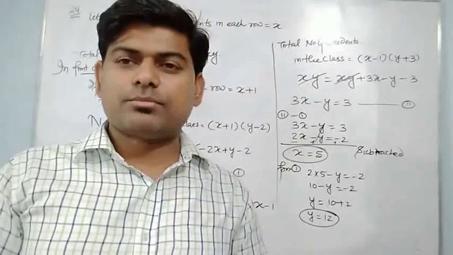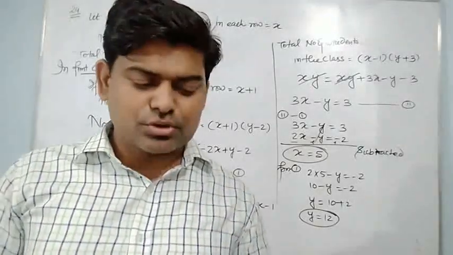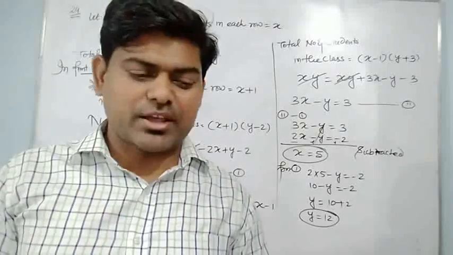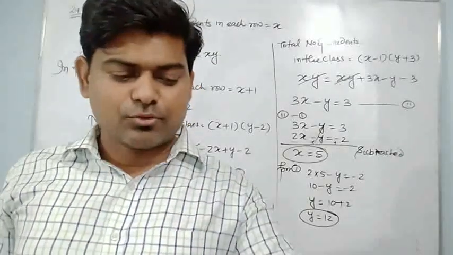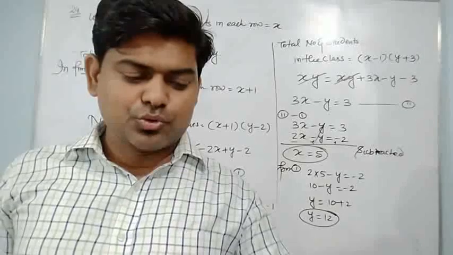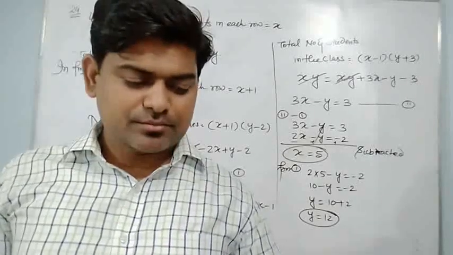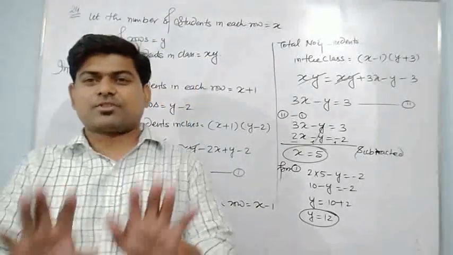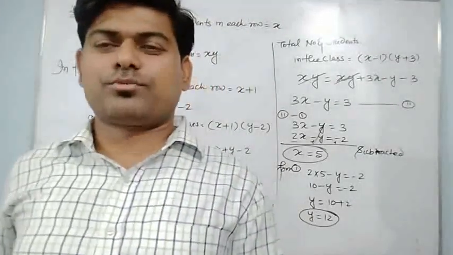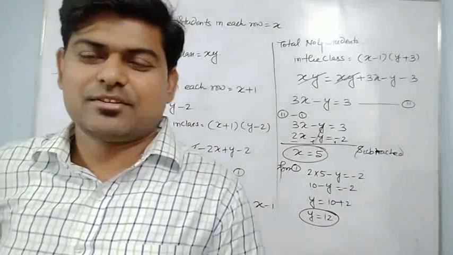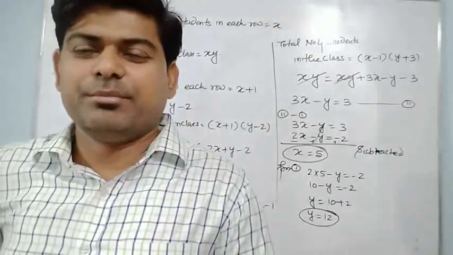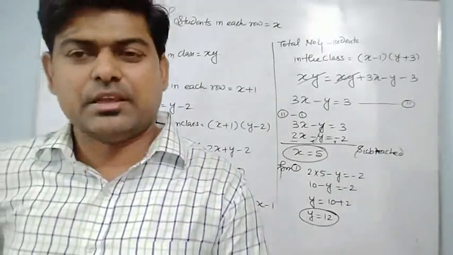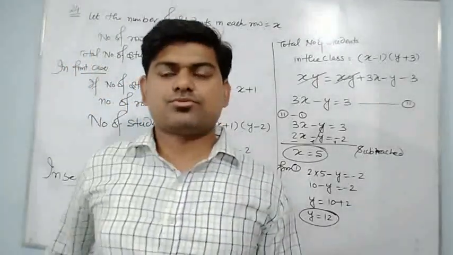As I have started from the 13th today, 13th to 24, it means 12 questions I have discussed. Out of 12, 1, 2, 3, 4 and 5 I have already done. So only 7 questions are there as homework for you in the coming 3 days. So I don't think it is a very big task for you. You can do it easily.